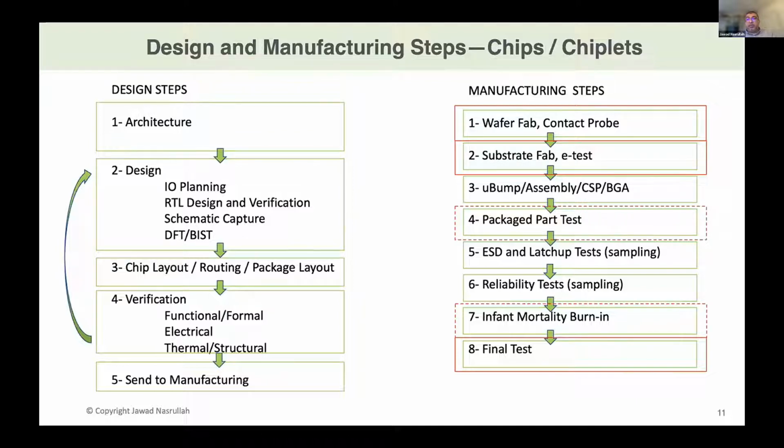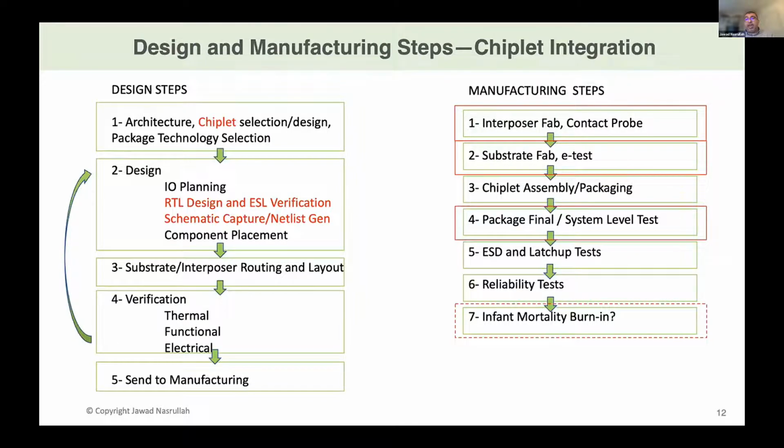And it's next to impossible to do it otherwise because cost just does not make sense. So we have to think about obviously the contact probes and the package part tests that we do on chip, incoming components, and possibly even burn-in and final test. And then it goes into the next input, which is the integration piece of it. And in the integration piece,